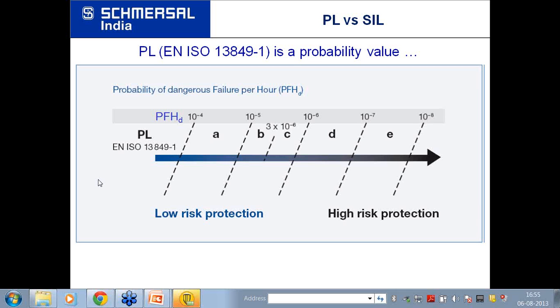Mr. Chandrasekhar Rao or Mr. K.S. Anna, they have asked, can you please suggest us a good brand of safety PLC drive? Sir, on this forum, we are not discussing about the brand or a make. You can contact me later on. Maybe we can discuss on this.